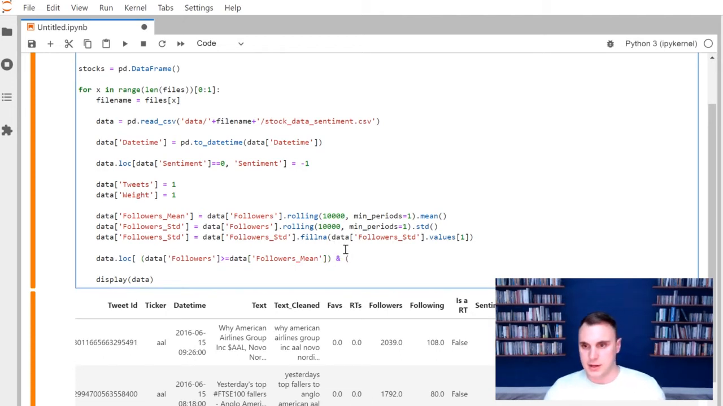it's, for this one, I'm going to copy this. I'm going to say, and when the followers is less than the mean plus data at followers underscore std. So this is going to return whether or not the follower count is in between the mean and the first standard deviation. Okay, once I have that,